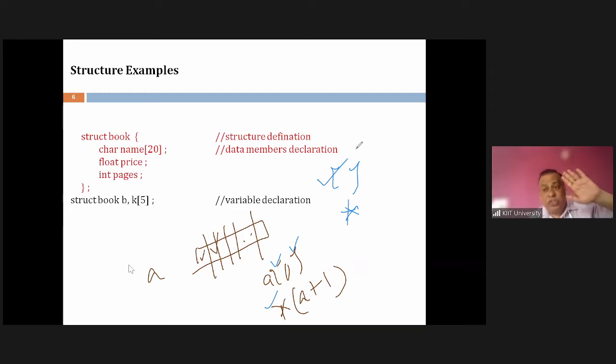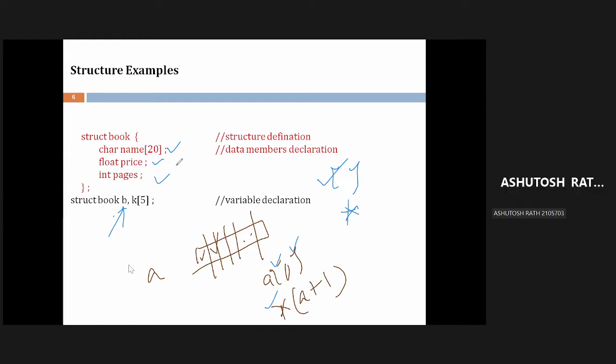So in case of a structure, now let's discuss which operator would be used to access the data member of each variable. Do I need to use an operator or not? If I use an operator, how do I use it to access the data members? Is the question understood? Yes, sir.